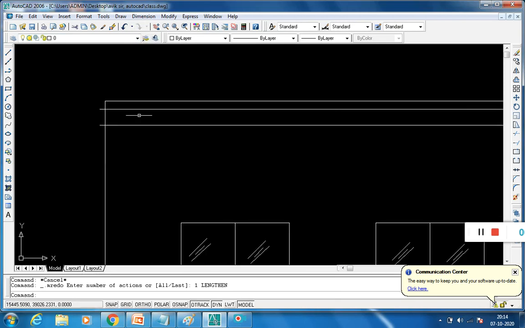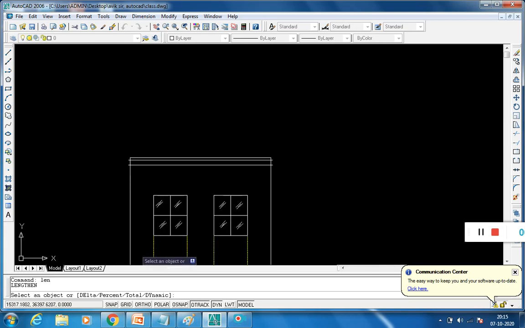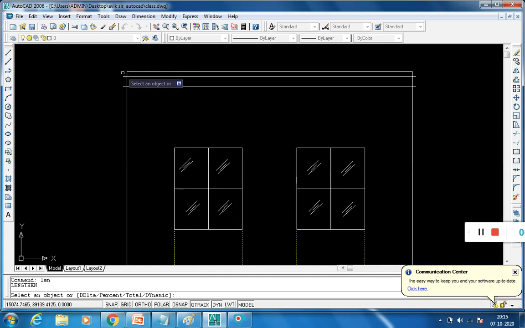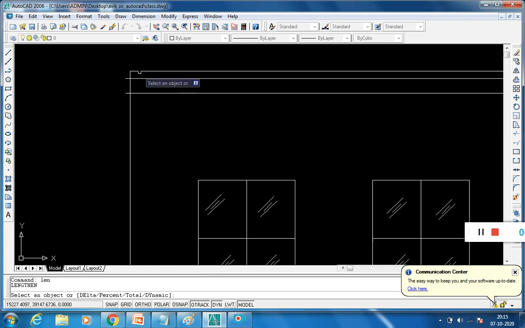Okay, again I use the lengthening command, because this portion is also extended 50 mm. This portion is also extended outside, and the extended length is 50 mm. So I press the downward arrow, then choose delta and the 50 mm length.